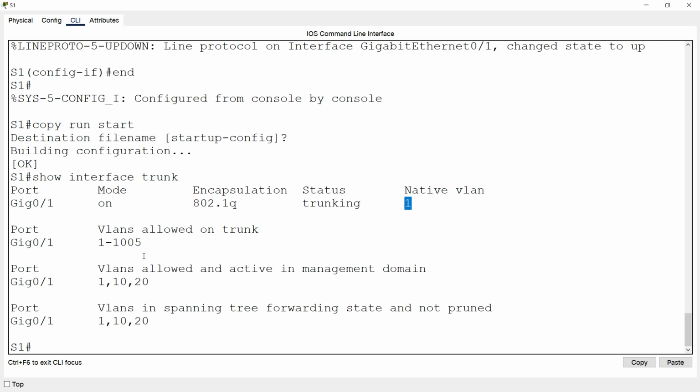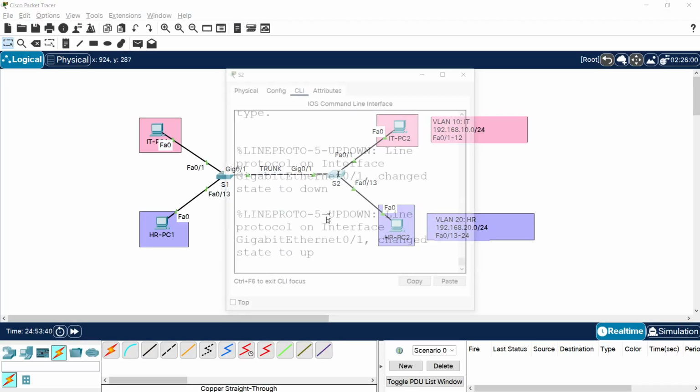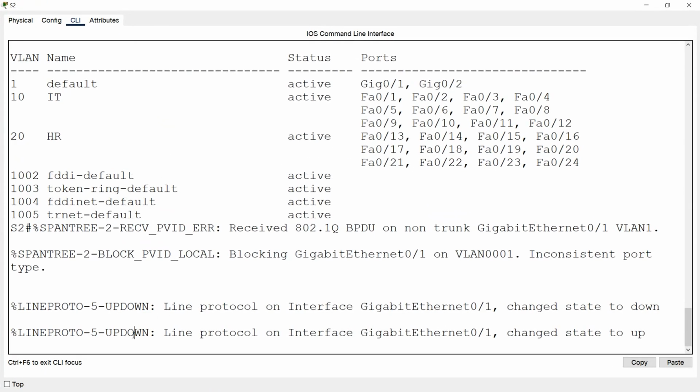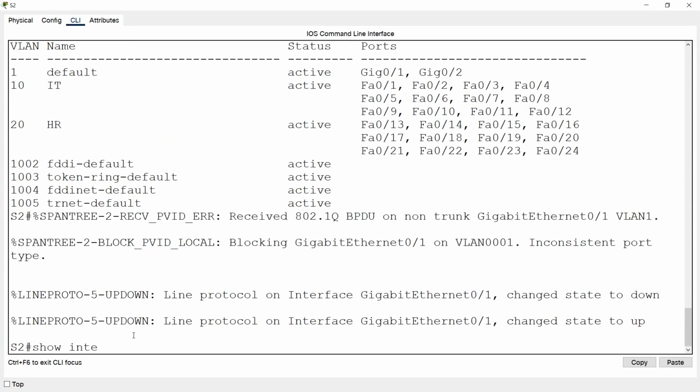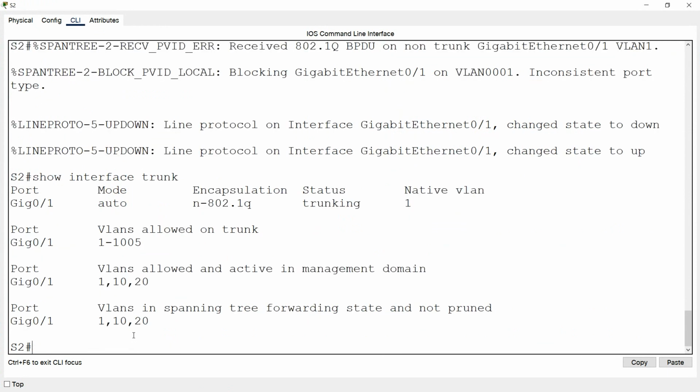And here we can see allowed VLANs. Even we can edit these allowed VLANs here. So in this trunk, VLAN 1, VLAN 10 and VLAN 20 are allowed. Now coming to S2, show interface trunk. And we can see here also this port G0/1 status trunking, and we can see native VLAN